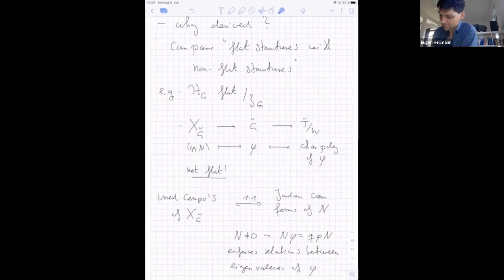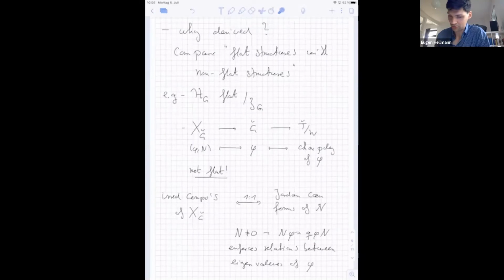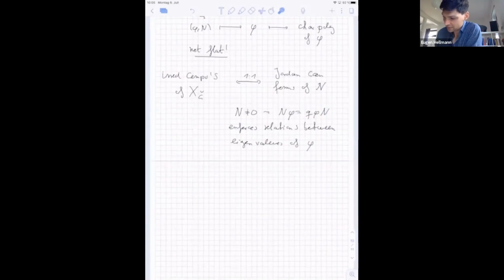But modules here sitting via this map over the adjoint quotient correspond to things over the Hecke algebra sitting over the center. This being flat and this being non-flat, and you want to compare these things, it in some sense doesn't work if you do it on the level of abelian categories. Okay, so that's maybe one of the first hints why you want to do this. And in fact, it's even worse.